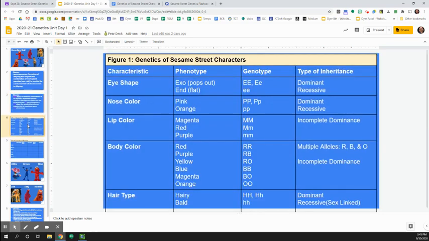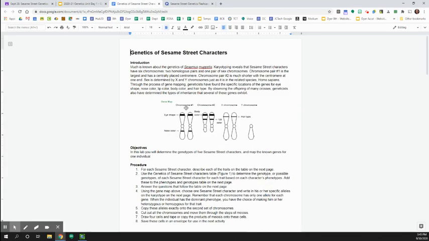What we're going to go ahead and do now is start to work through the genetics of Sesame Street characters. So here's kind of the basic idea about the genetics of Sesame Street characters. And again, you have this document in Google Classroom, and you're going to do some work in this document yourselves. So for the genetics of Sesame Street characters, as we said, Sesamus muppetus, that is the genus and the species here. So we have